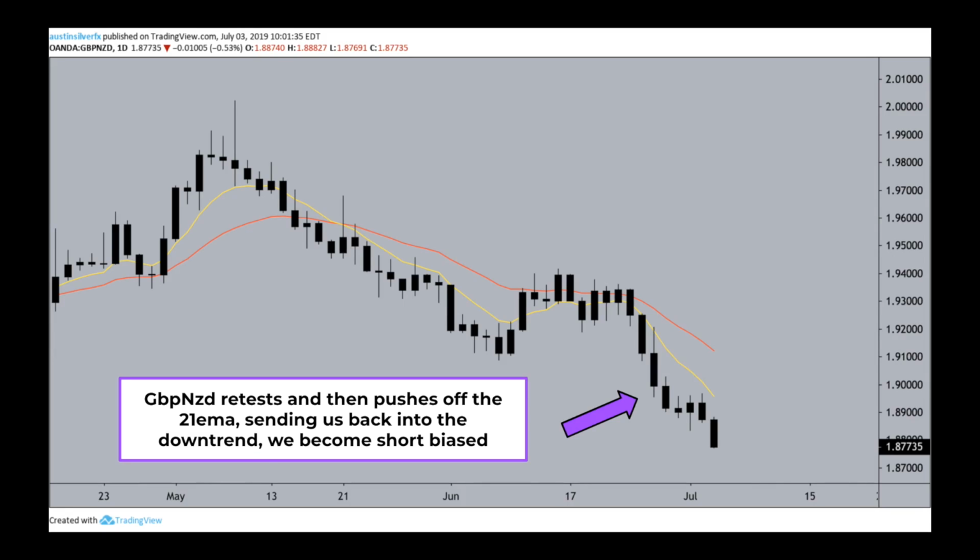Before I go forward, please make sure that you understand with this analysis, remember it is top down. We start on the daily, we move to the 4-hour, then the 1-hour, we find our entries then on the 5-minute if the trend is confirmed on those higher time frames. With the risk management here, your stop is going to go when you're selling at the most recent lower high. And if you're buying, the stop is going to go at the most recent higher low. The risk that you're going to want to put on these trades is never more than 1%. Very often, I'll do 0.25% or 0.5% of my overall account balance